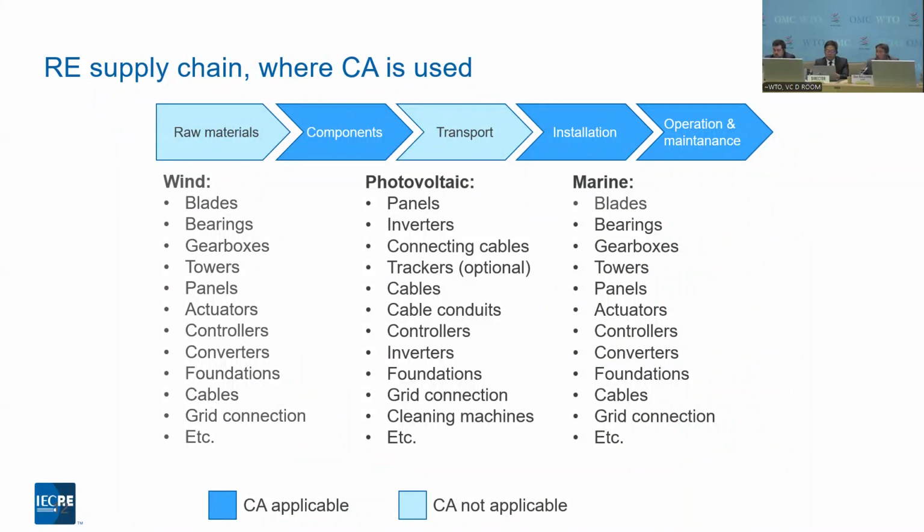The installation is covered by the IECRE. As these plants are built and developed and brought online, they are subject to a project certification. Then, especially in the PV market, it's very critical to have ongoing operation and maintenance. So in the PV sector, we do have an ongoing operation and maintenance certification.